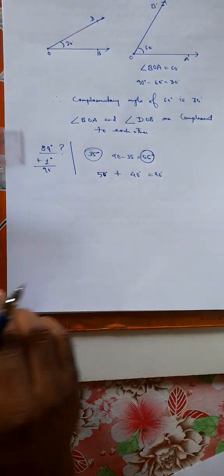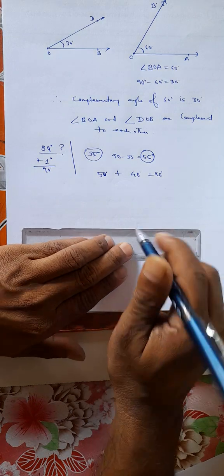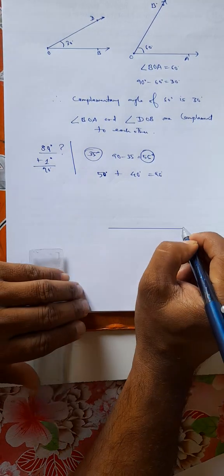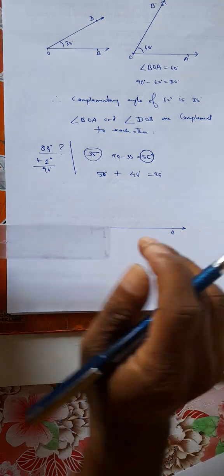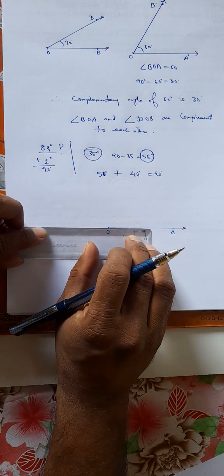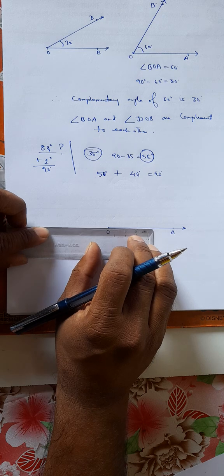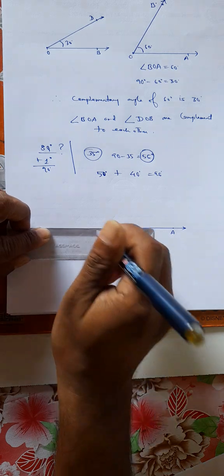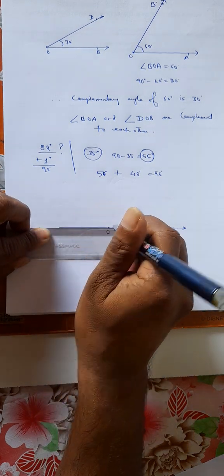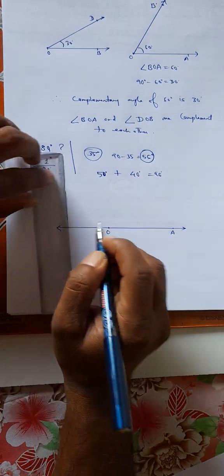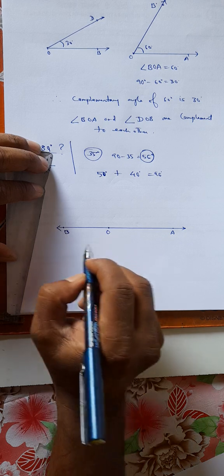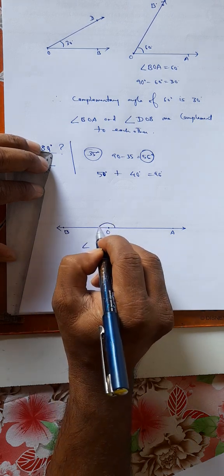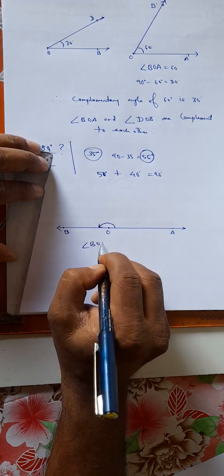Now let us talk about another pair of angles. Say this is OA. You make opposite ray of OA. You extend this to infinity on the other side. Now let us denote this B. Now angle BOA equal to